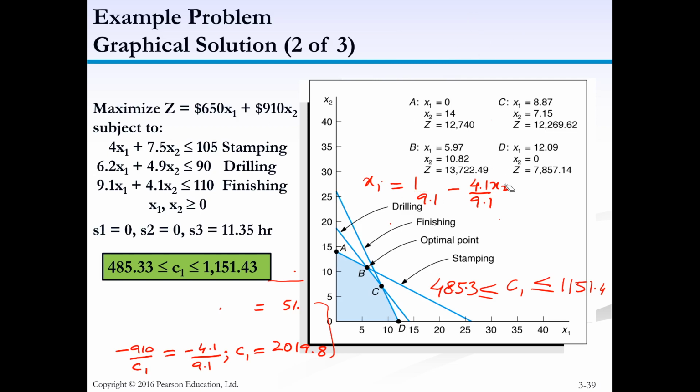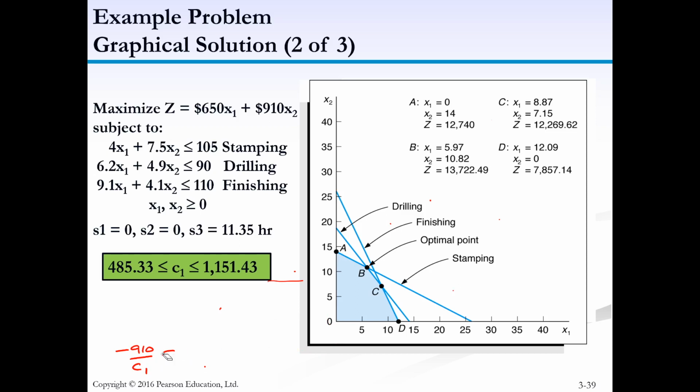And then I leave it to you to find out the other coefficient. So I suggest that you work out C2. I will now work out the right hand side